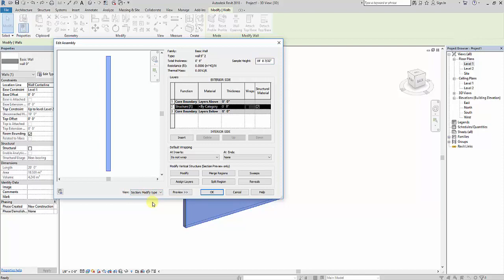So next now here what I'm going to do is I'm going to split the wall into two, but horizontally, not vertically. So here I'll click on split region. I'll go to the preview and at what height you need, you can split the wall here. So you can see it's showing as 5 feet. It means that I'm splitting the wall at 5 feet here. So just click on split.